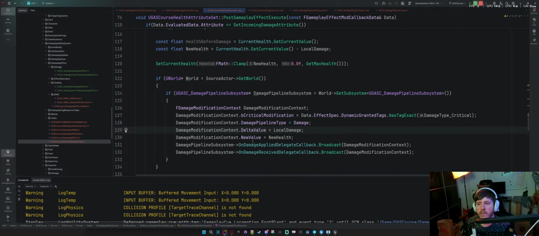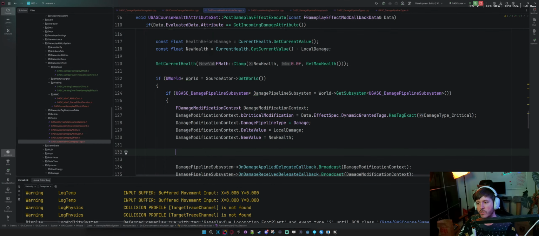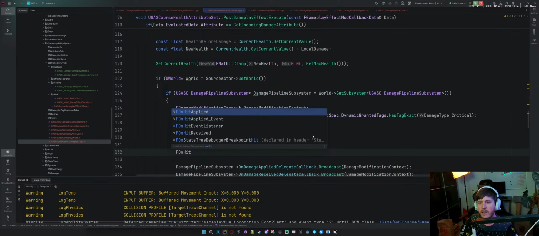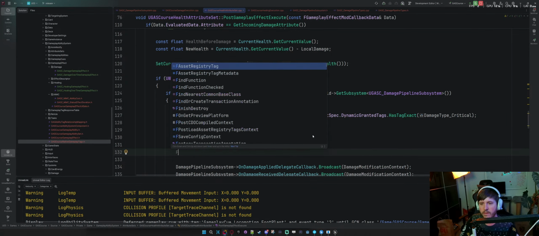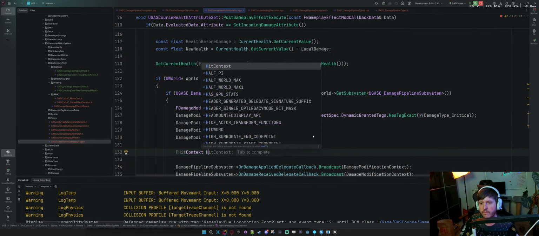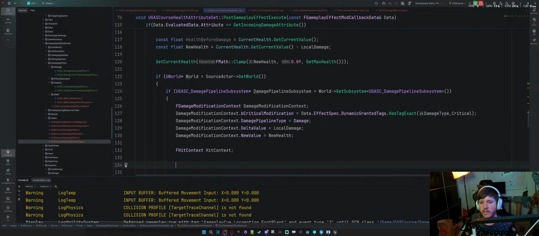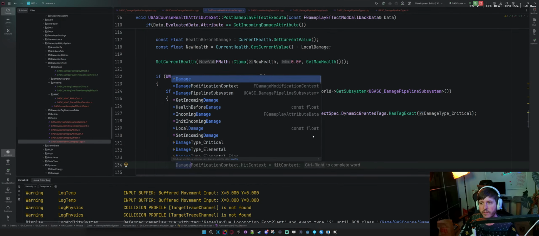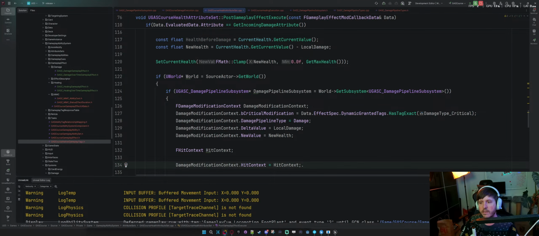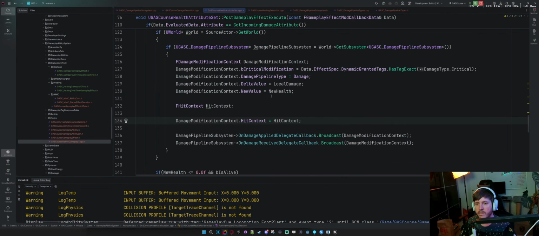And then I need to construct this F on hit context, right? And at the end, I want to say damage modification context dot hit context is hit context, and then I pass in that, right?